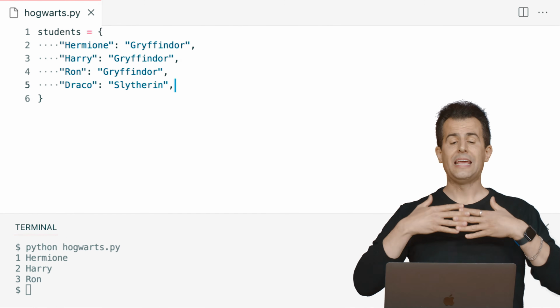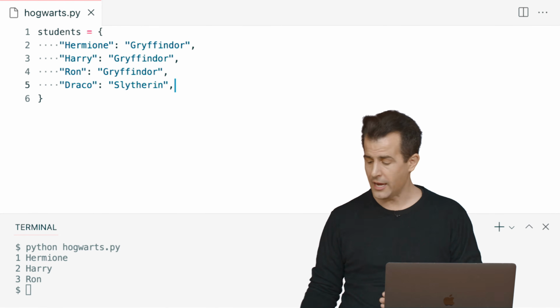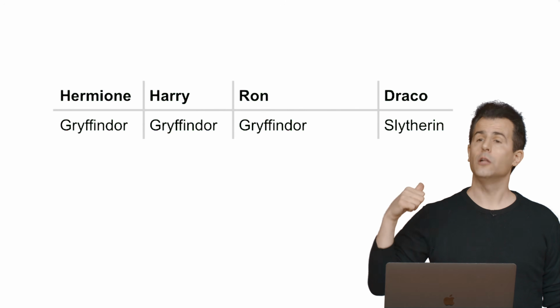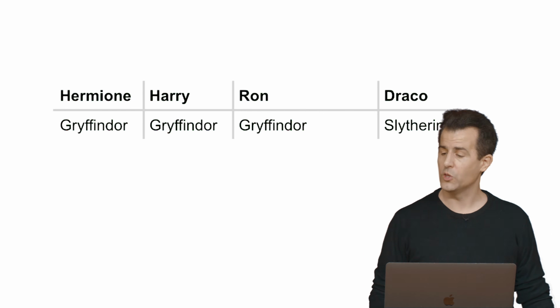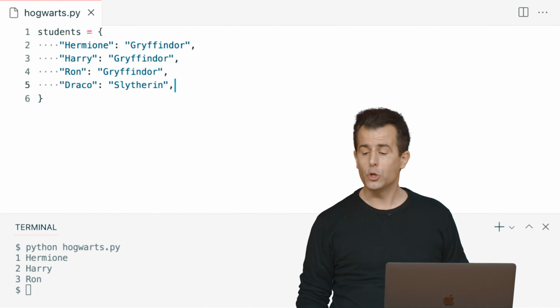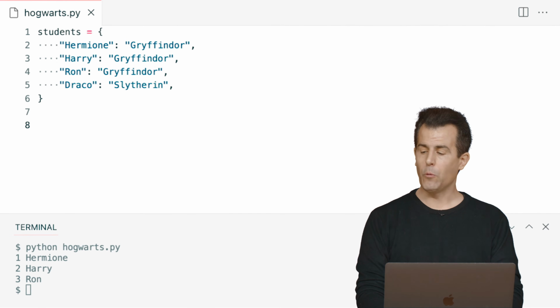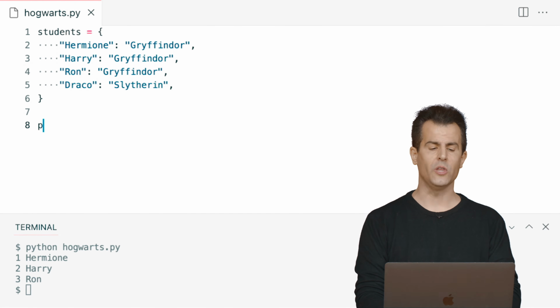So now I have each of these keys on the left and values on the right, which is really, again, just a code implementation of this idea, a little chart that you might write up with paper pencil when associating something with something else. So how do I now use this code in an interesting way? The syntax is almost the same. If I want to print out the very first student, Hermione's house, I could do this.